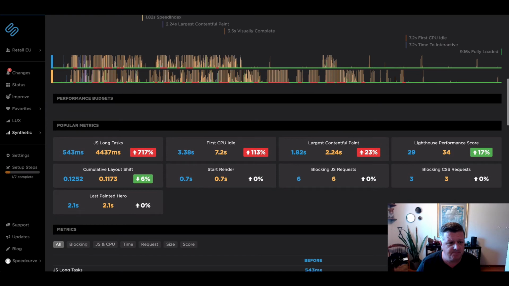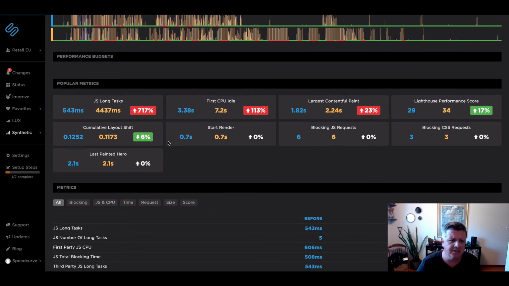If we scroll down, again, popular metrics, we see a big jump in long tasks. Long tasks are the things that are going to drive out CPU, first CPU idle, as well as time to interactive. And this is essentially where that main thread is just busy doing other things, executing JavaScript, and can't do anything else to render the page or interact with the page. So that was the biggest jump that we saw, and of course what we saw indicated by first CPU idle